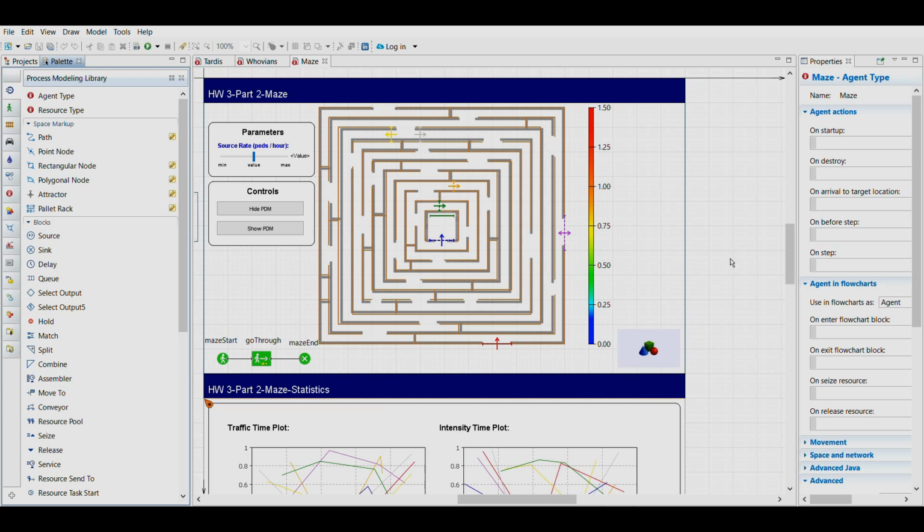Okay, so this is my Anylogic maze model. I chose a maze that had multiple paths. I didn't realize at the time when I chose it that it had multiple paths. I really just chose it because it was square and it was easy to create the walls, similar to how we did in the